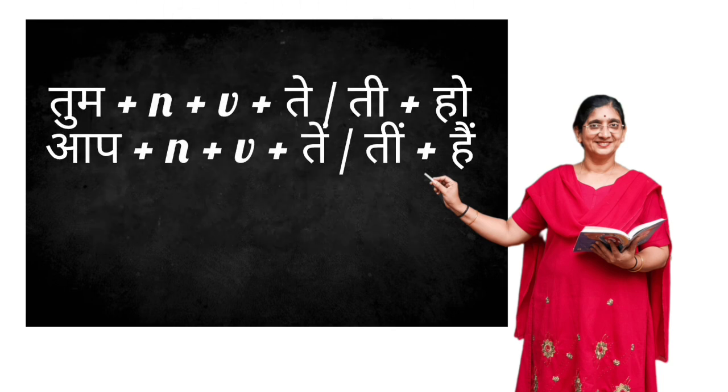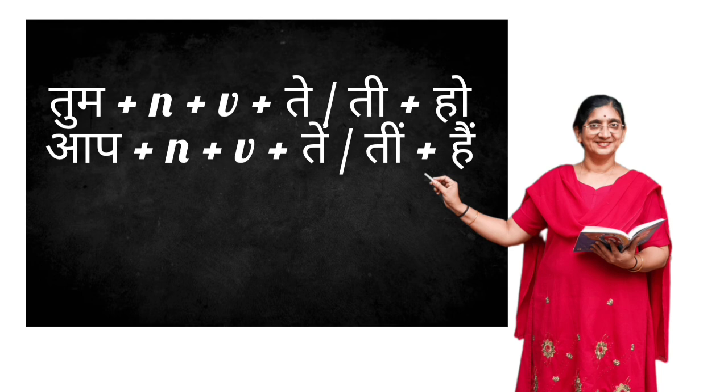A present tense sentence starting with the second person singular word तुम, that is you, addressing a young person, will end with हो, that is are, and it will have a noun and a verb in the middle of the sentence. And here comes the difference. In a simple present tense, along with the root verb, you will use ते to represent masculine gender and